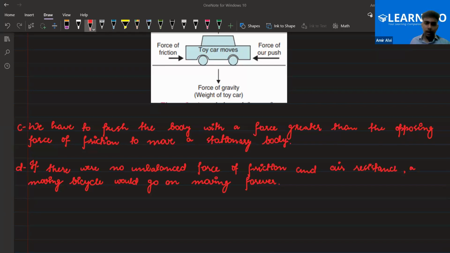Okay, so everyone in this class, in this chapter, we are going to study the unbalanced forces because we will be talking about the mass and acceleration. We will be talking about the momentum. So in this case,